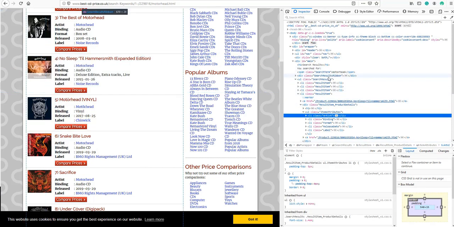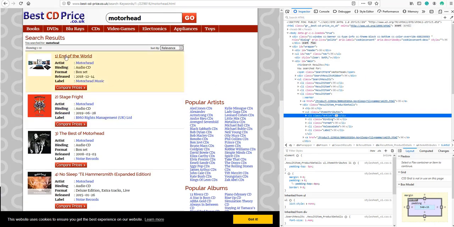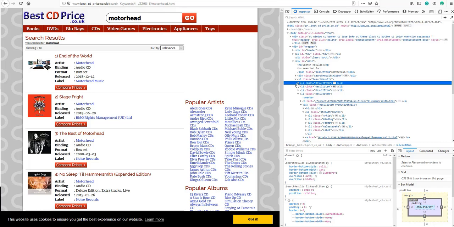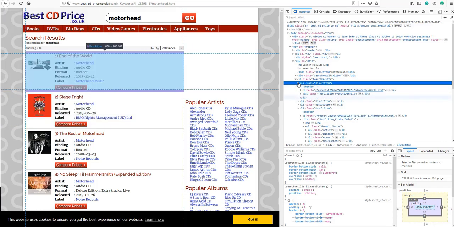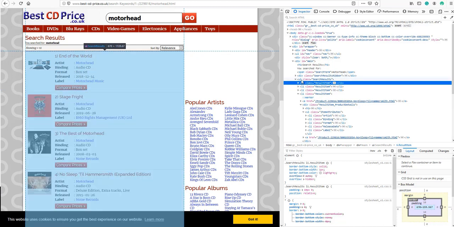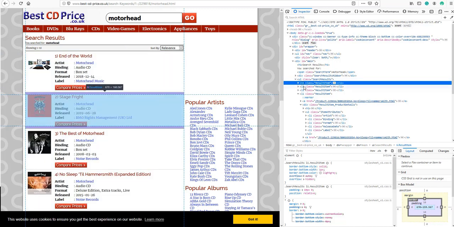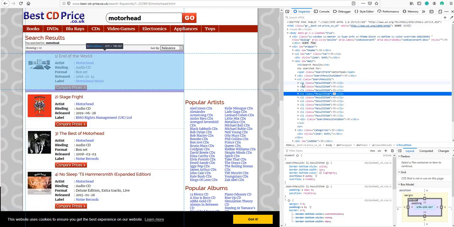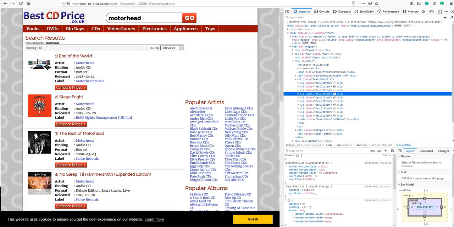Now we need to search what we want to scrape from here. For example, we want this one, the first. Let me see. Seems like this item is this one, this li or list item, and this is an unordered list, ul. This is the first, this is the second one, this is the third, fourth, and so on. This is the li tag and has the class result-item. Let's go to the code,